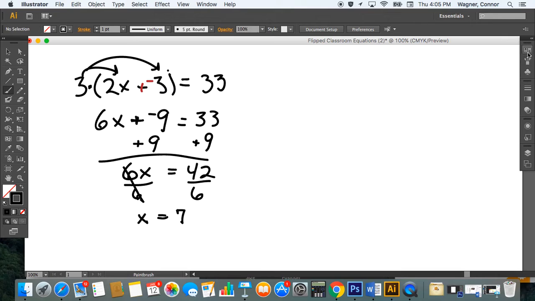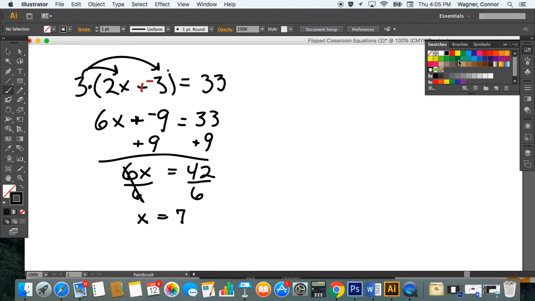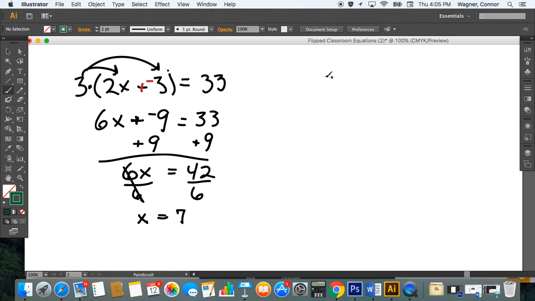Now I'm going to show you another kind of problem, and I want to get some more color going here. So what happens if we have a problem like this? Let's say we have x plus 5 plus 3x equals 2x minus 10. So this looks a little bit trickier too, but once again, if we kind of simplify first, let's work on